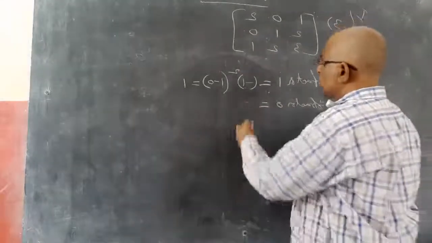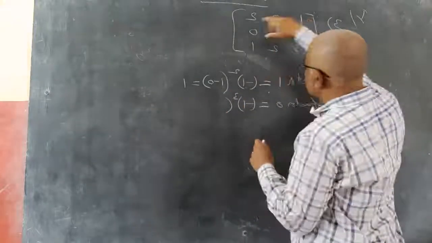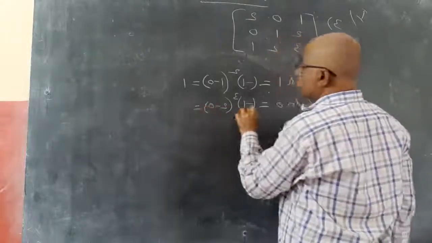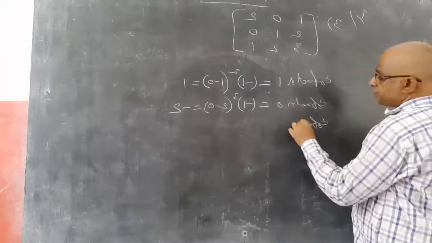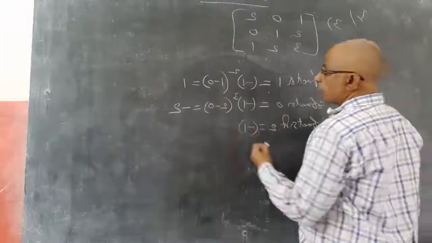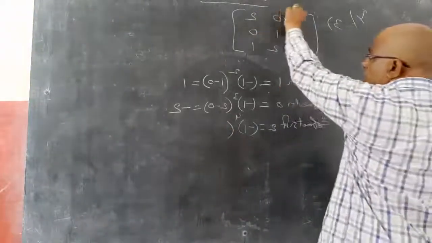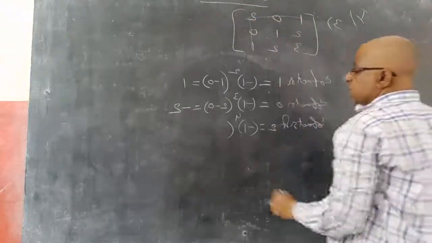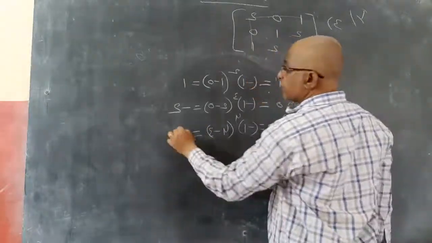Next, cofactor of 0 equals -1 to the power first row, second column, which is cube, into closing this row and this column, we get 2 minus 0. So this becomes 2 into -1, which is -2. Like cofactor of 2 equals -1 to the power first row, third column, power 4, into what is left out, 4 minus 3, equals 1. So 1 into plus 1, 1 only.